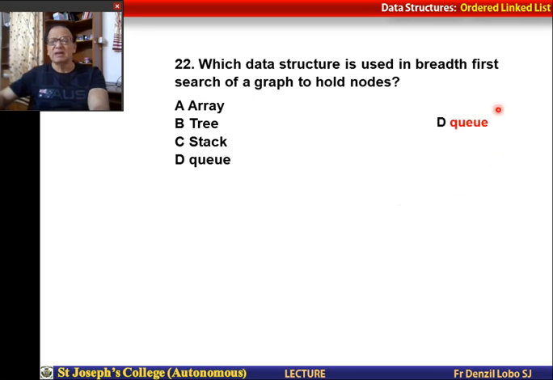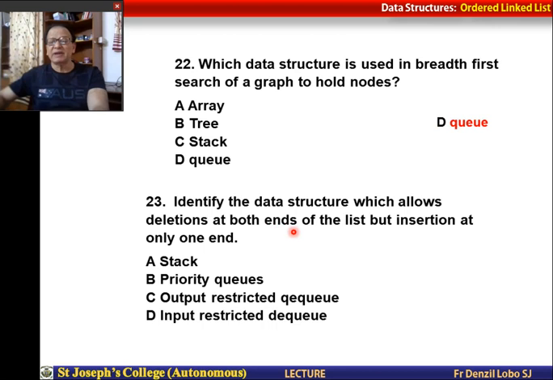It is D, queue. Remember this: for breadth first search of a graph you use a queue. Identify the data structure which allows deletion at both ends of the list but insertion at only one end. Is it stack, priority queue, output restricted queue or input restricted queue? Insertion at only one end, so it is input restricted DQ.